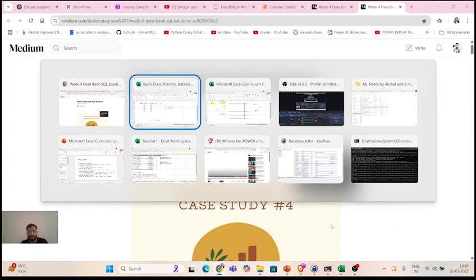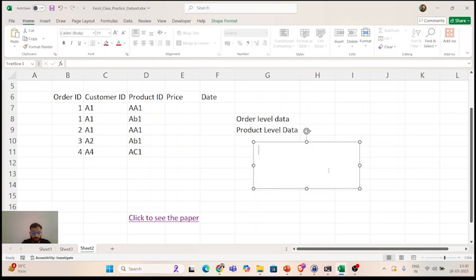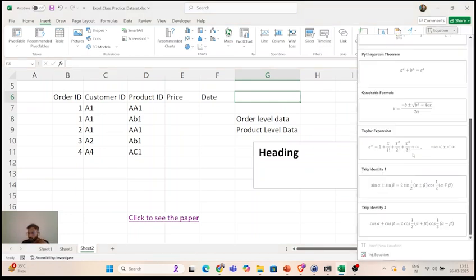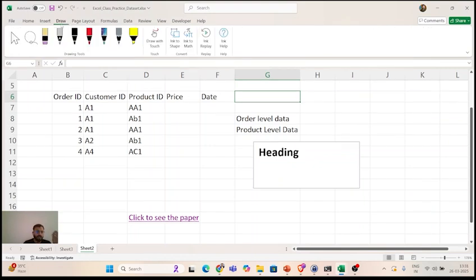So similarly, you can add any other hyperlink right here in the class, in any of the sheets, header, footer, or text box. Let's say I want to add a text box like this, and if I want to add a heading to it, correct, like this. So this is a text box. I can make it bold. I can increase the size for some heading for some purpose if you want to insert this. So this is all about insert tab, right? Then if you want to add any mathematical equation like this, so you can do that. Choose this option. So according to the use case, we will explore these options. Draw option is not very much used, but yeah, if you want to do some manual highlighting like this, right? You can choose the pen, write something like this, whatever you want to do.